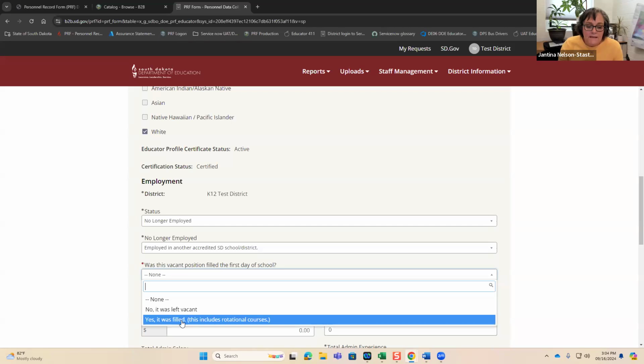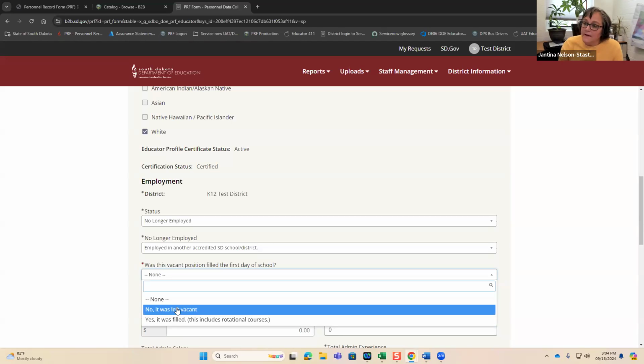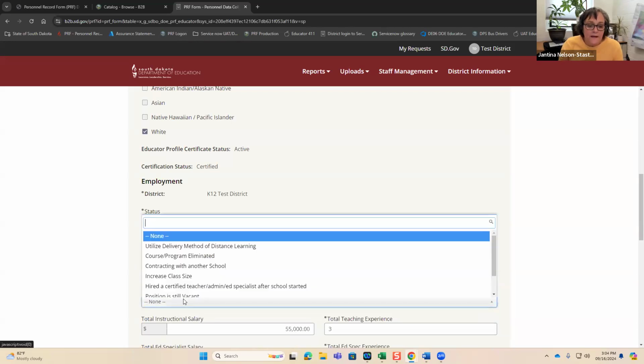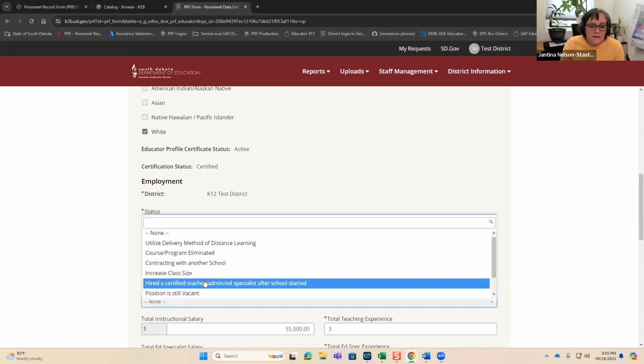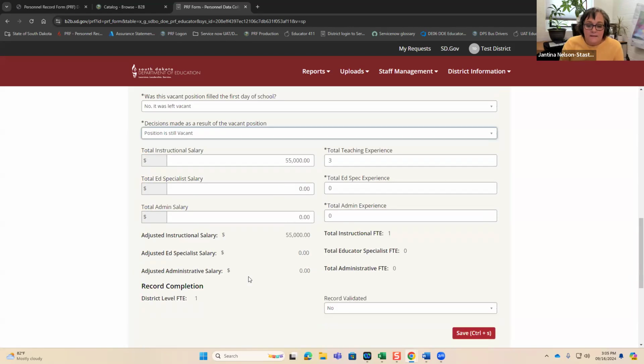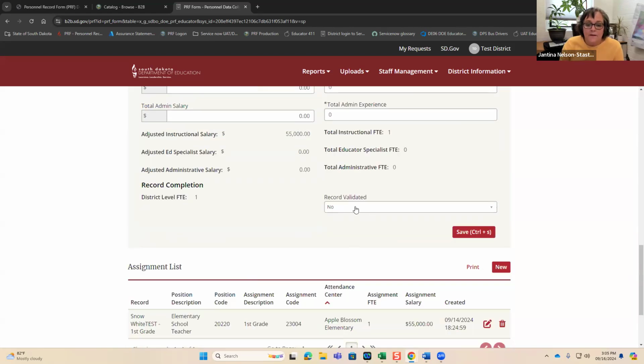If we were to say yes, it was filled, it would create a turnover record, but it wouldn't create a vacancy record. So to create a vacancy record, you have to say no, it was left vacant. Then you have to select the reason the position is vacant. I'm just going to say position is still vacant. I'm going to say this record has been updated.